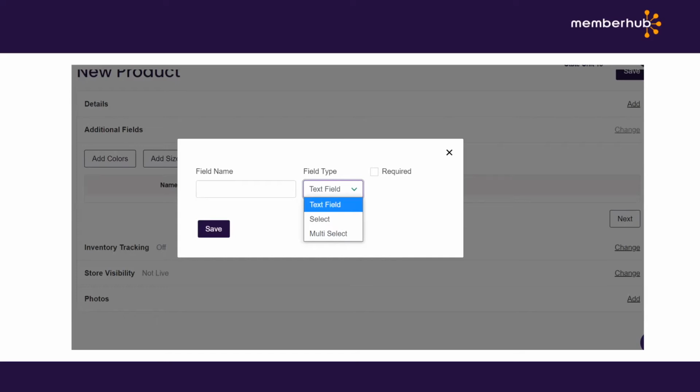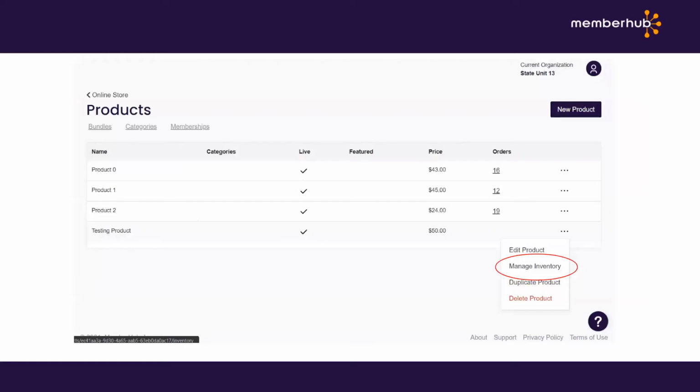But if you're not setting a set inventory for each teacher and you want them to select the teacher's name from a list, make the field a multi-select so that you don't have to set up an inventory for each teacher. To manage inventory, when you're viewing the list of products, you can click the little 3 dots here and